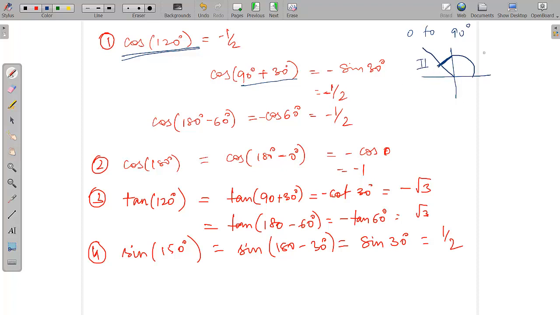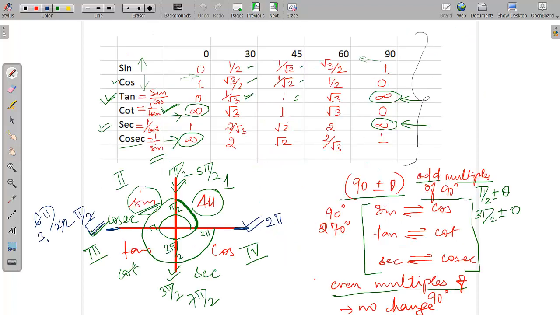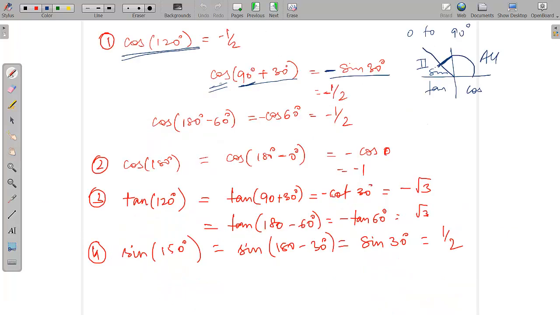What we saw is this is all, sine, tan and cos. So we remember that in the second quadrant only sine is positive. We have to find cos of something, which is not positive, so we will put a minus sign here, and since it is an odd multiple of 90, cos will become sine, so it will be minus sine 30 degrees. What I told you is if it is an odd multiple of 90 degrees, sine is going to become cos and cos is going to become sine. So to find cos of 90 degrees plus 30 degrees, the first thing is since it is an odd multiple of 90 degrees, you have to change it. So cos will become sine.